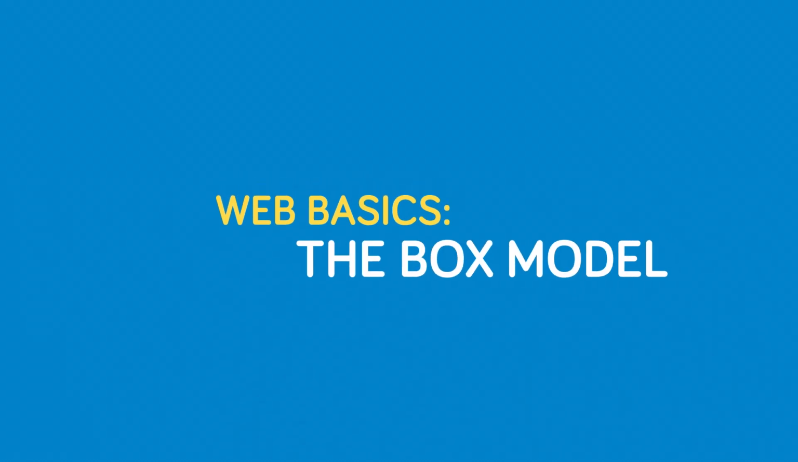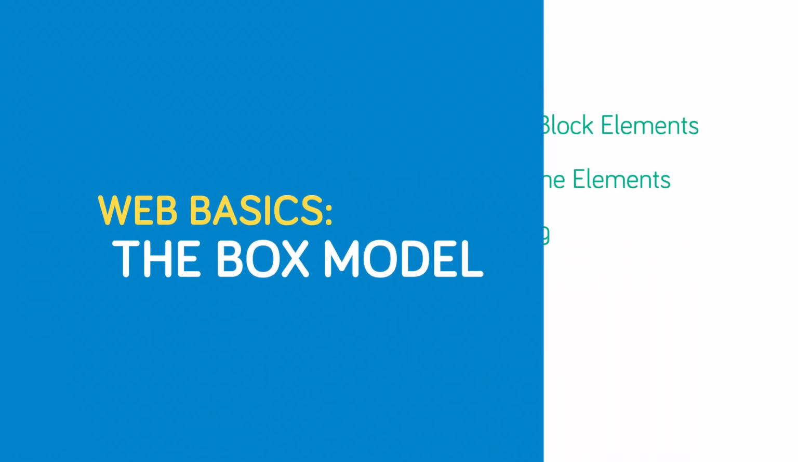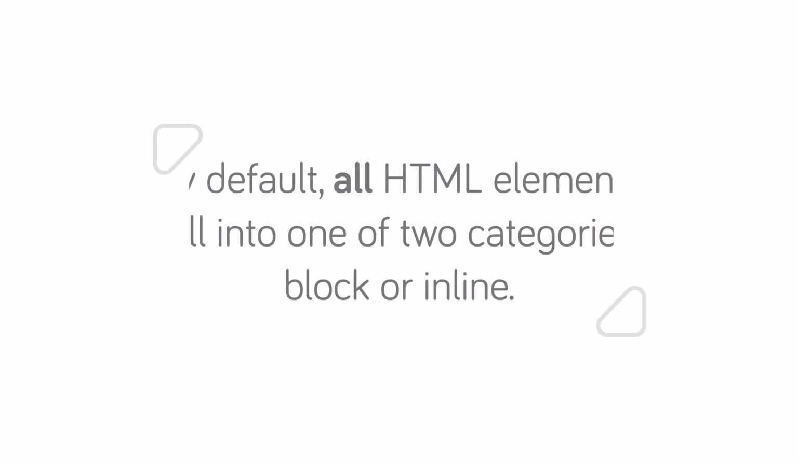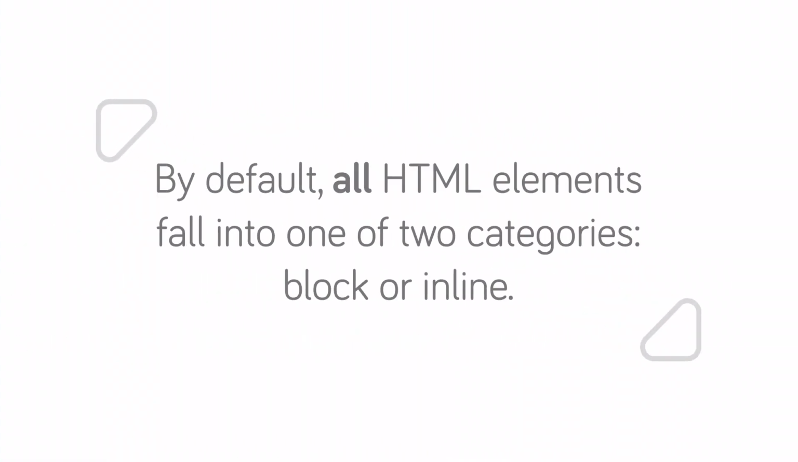Let's take a look at what is called the box model. In this video, we'll note the difference between block and inline elements and discuss the properties padding, margin, and border. The first thing to understand is that by default, all HTML elements fall into one of two categories, block or